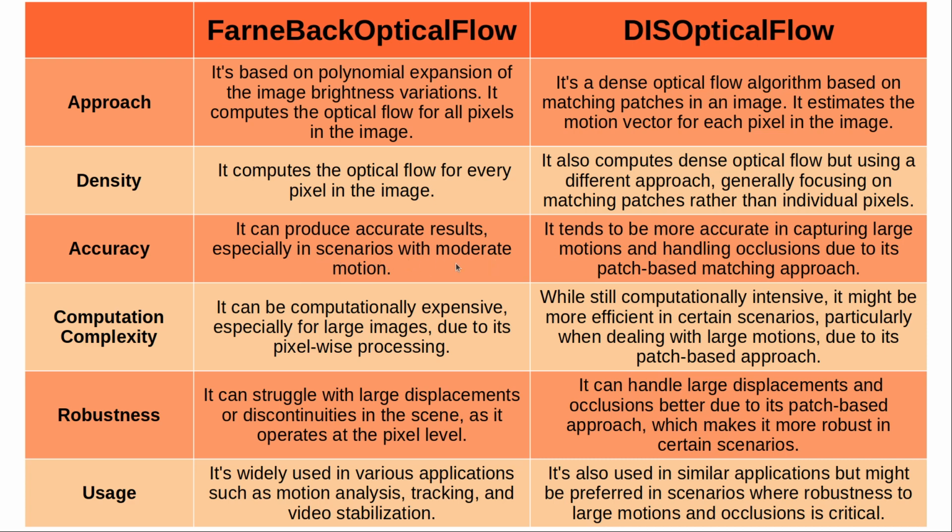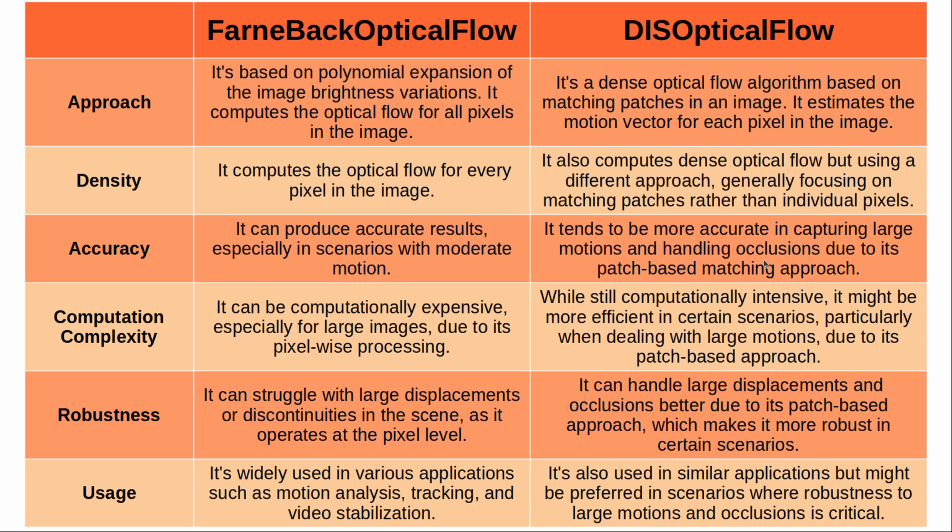but for moderate motion, meaning smooth backgrounds, we can say Farneback optical flow is as good as this optical flow, even though it is computationally expensive. In some cases, for example in our billiard example, we can check the video in the example and you can see this can give good results there. So for smooth backgrounds and slow motions, accuracy in some cases can be better with Farneback optical flow,